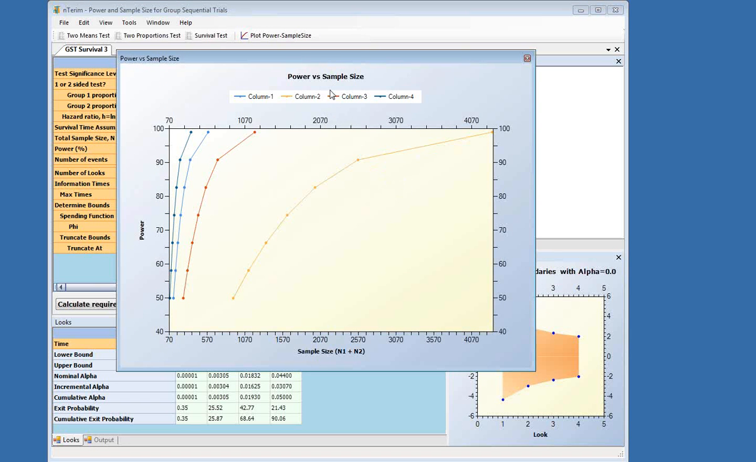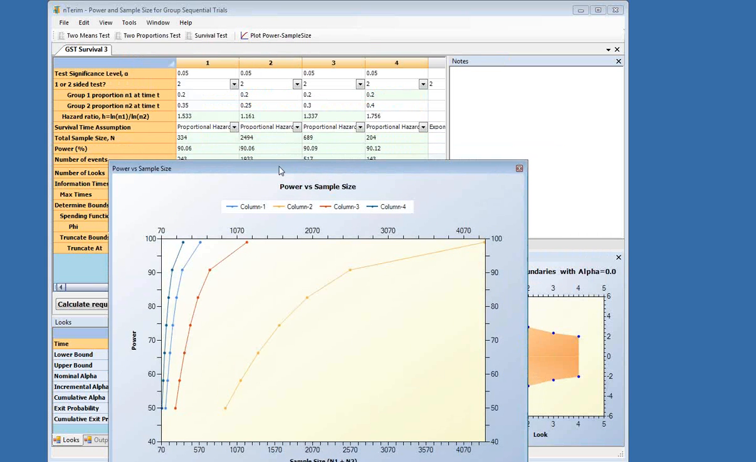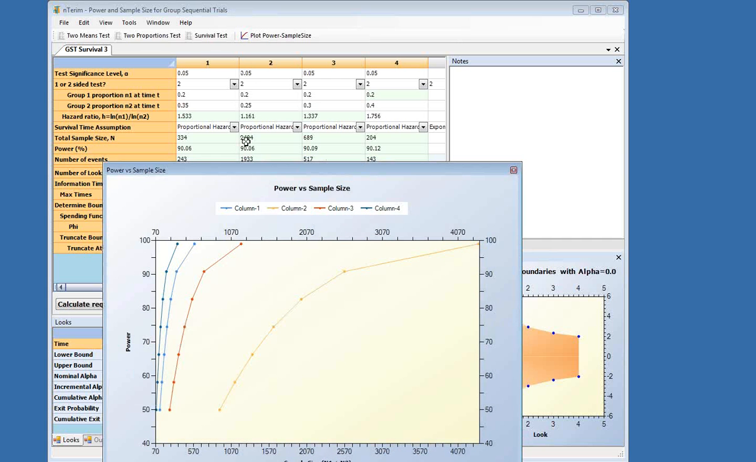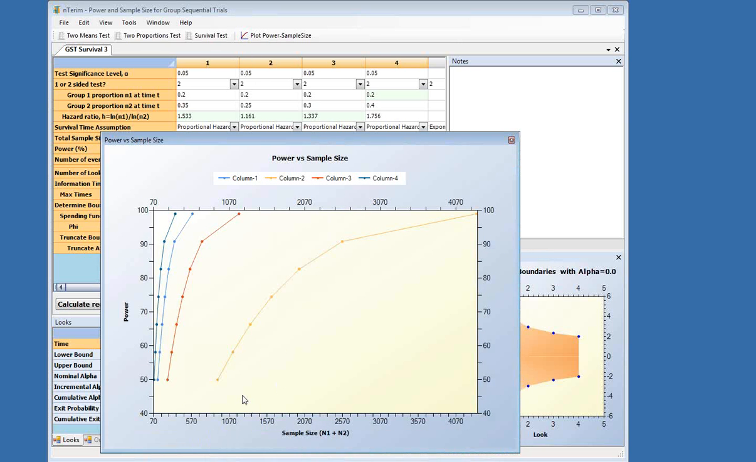So this is our plot of power versus sample size. You can see here column 2, which is the column which had the very small effect size relative to the others, and which gave a very large total sample size. It's way out here, so you can see the sample size required to achieve 90% power is much, much greater